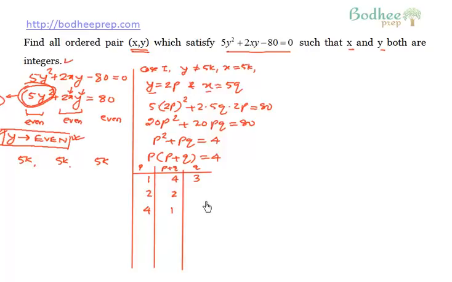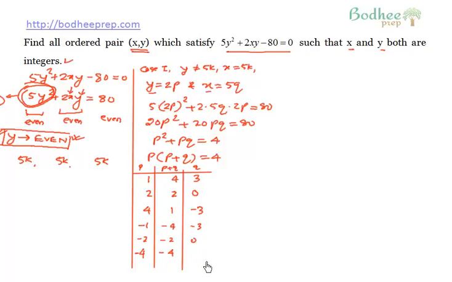Similarly, if p is 2, p plus q is 2, so the value of q will be 0. Here it will be minus 3. And we can take the corresponding negative values also. For example, if p is -1, then p plus q should also be -4. If it is -2, then this is also -2. If this is 4, -4, then p plus q should also be equal to -4. And the corresponding value of q would be -3,